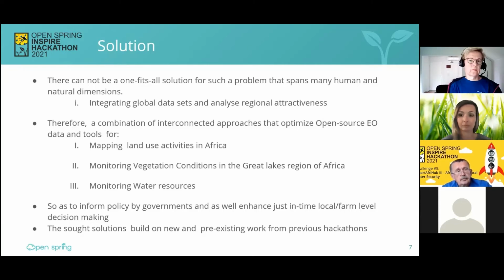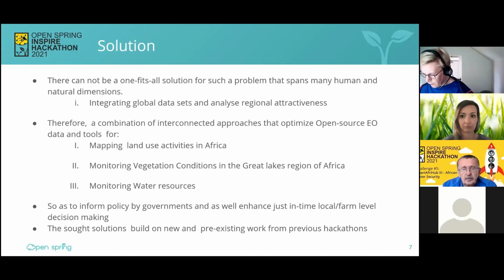So we thought to put together a combination of approaches and tools to optimize the available open source observation resources and data and tools, so as to inform government and local farmers on policies and just-in-time farm or local level decision-making and intervention. So these include mapping of land use activities, which include a number of methods and classification tools that Karel will discuss later.